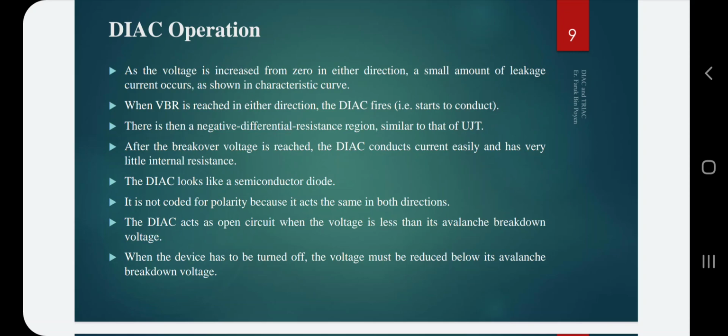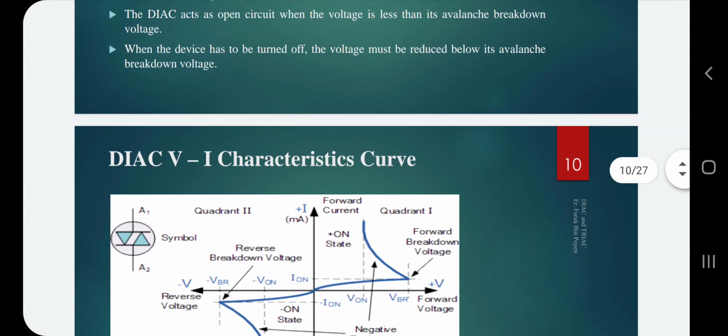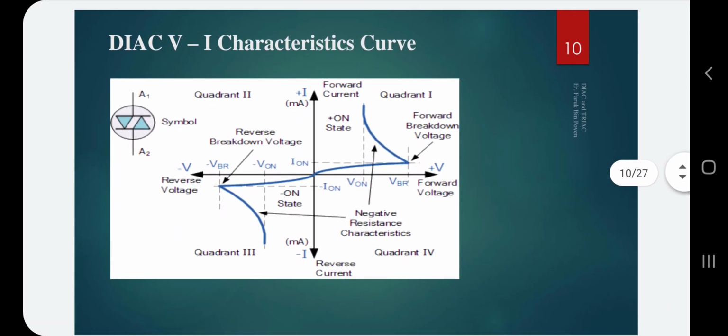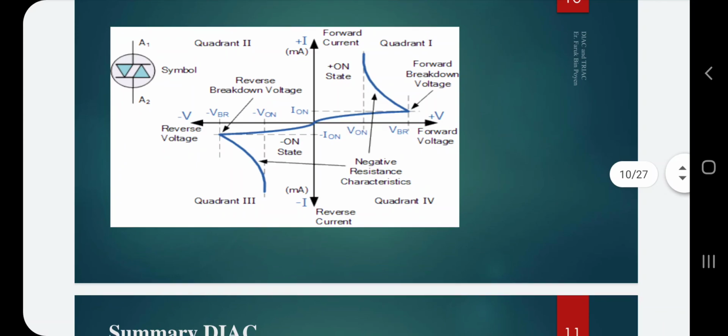By using the variable resistance we can change the RC time constant, thereby we can change the breakover voltage, and thereby the triggering time or firing angle of the TRIAC. So DIAC is used as the triggering device for the TRIAC, and the RC time constant may be changed by using the R and C components. Like this you may go for the operation of DIAC and TRIAC for speed regulation of a fan.